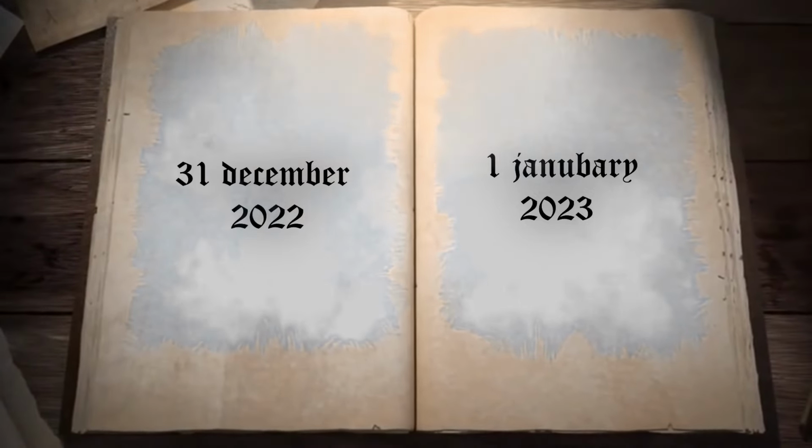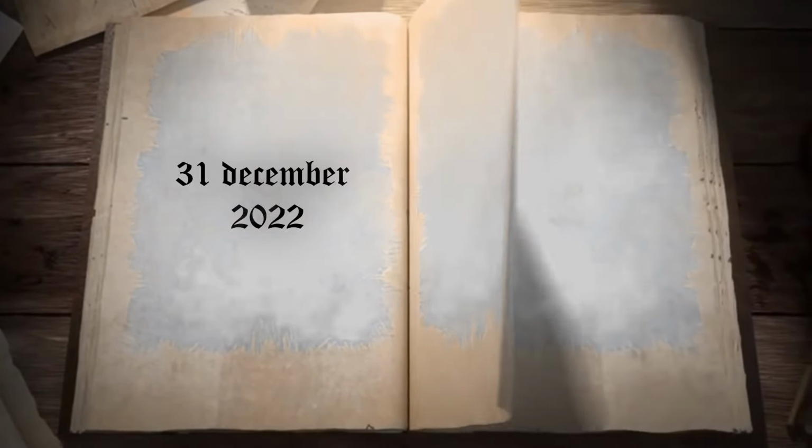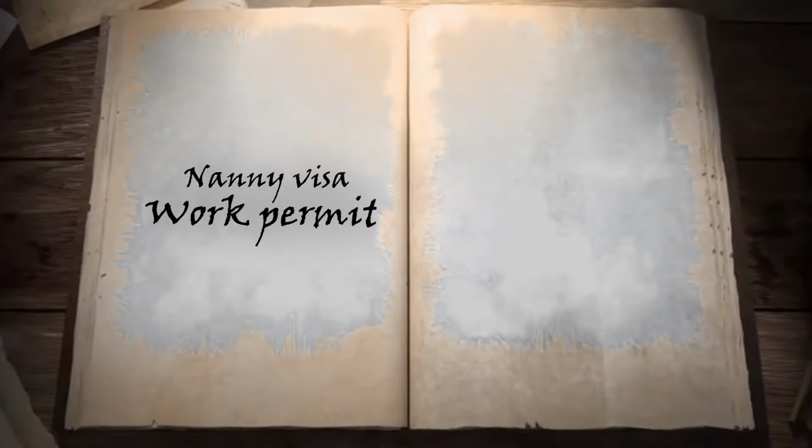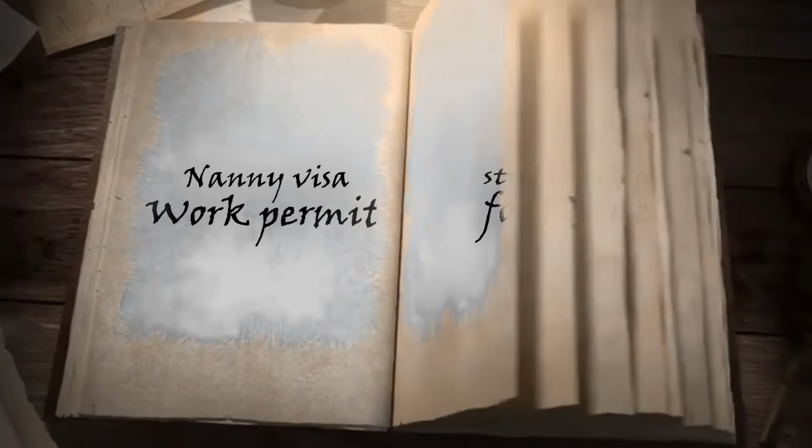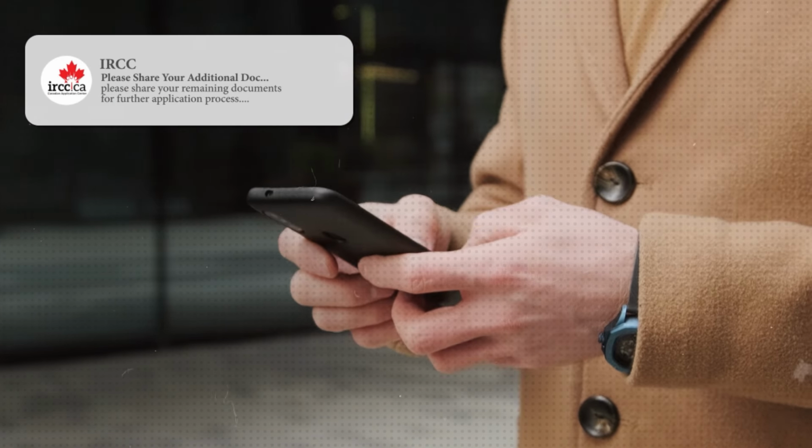So I'll give you a timeline here. The 1st of January was the date that I submitted the application for both of them: the Nanny Visa, which is the work permit, and the student visa, which is Rafael. The application happened on the 1st of January. It was quiet until July, and in the second week of August, I received the first message from the IRCC